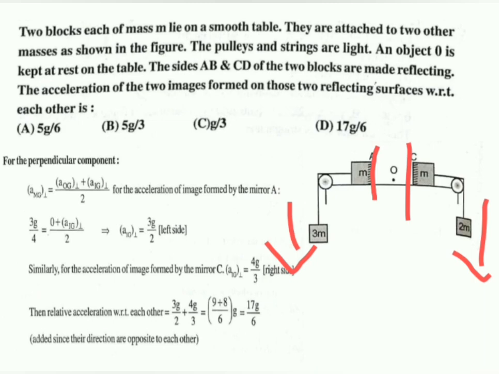Just now in the previous case we have studied for velocities. If you differentiate velocity, we get acceleration. So I took the same relation for speeds, but after differentiation you get this equation. Acceleration of image with respect to ground is acceleration of object with respect to ground, here object is not accelerating, plus acceleration of mirror with respect to ground divided by 2. So from this relation you can get acceleration of image with respect to ground is twice acceleration of mirror with respect to the ground. So first I'll find out what is acceleration of mirror with respect to ground.